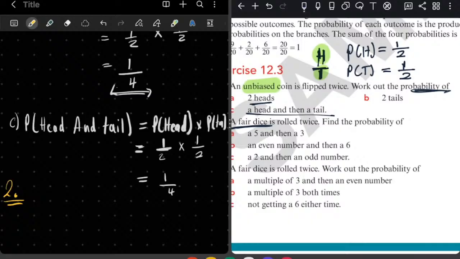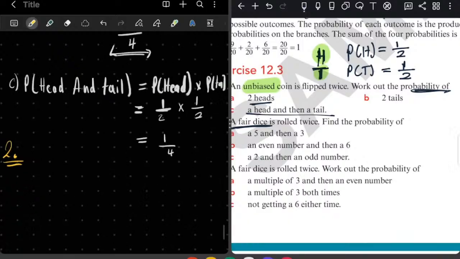For a dice, here's the secret, class. Listen. For a dice, there are 6 faces. A dice has how many faces? 6. One face has 1 dot. The other one has 2 dots, the other one has 3 dots, which is 3. The other one has the number 4. Are we together? So when we are dealing with a dice, let's say they say to you,